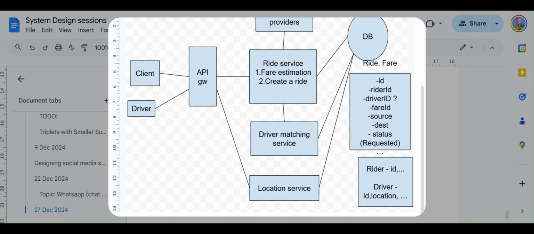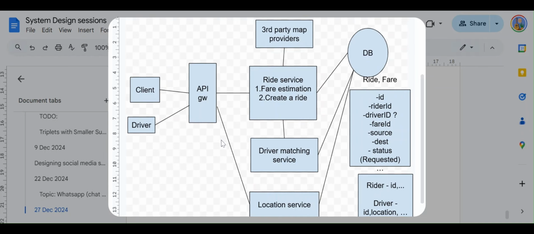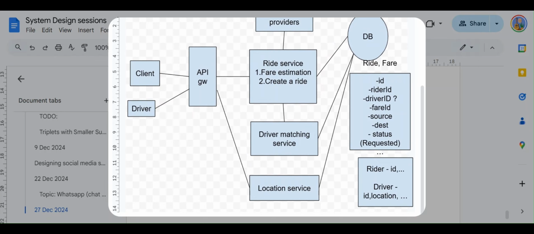So we already have this driver ID, location, and a bunch of stuff, right? So for now, imagine that this location service is going to update the driver's location inside the DB, and the driver is going to continuously send his location to us, and this periodicity we can define as maybe 5 seconds or 10 seconds. This can be a configurable number again, so please mention that this can be a configurable setting. It doesn't have to be a hard coded number.